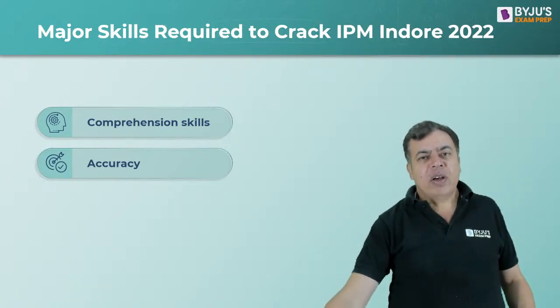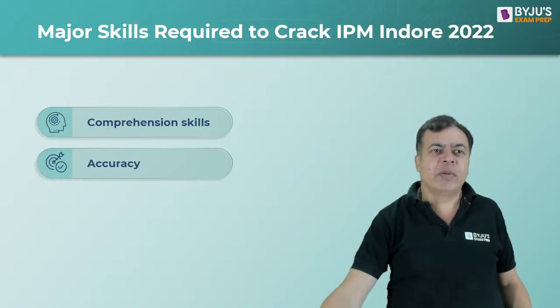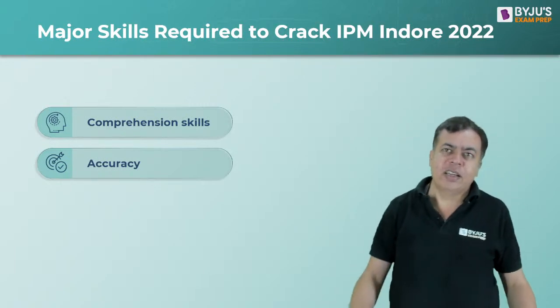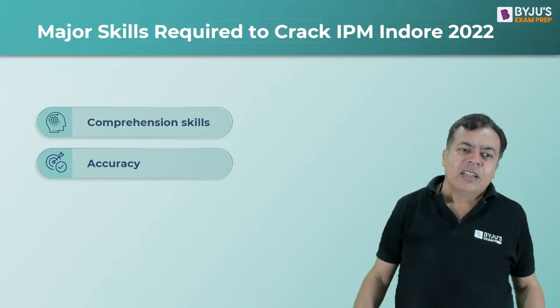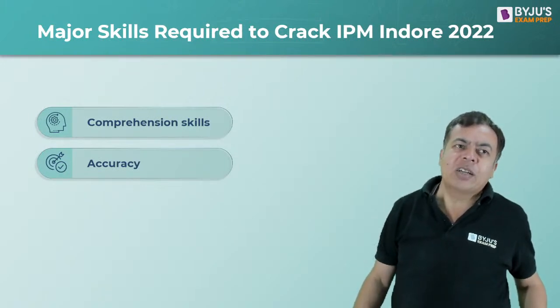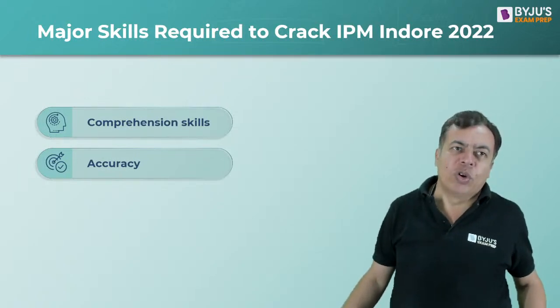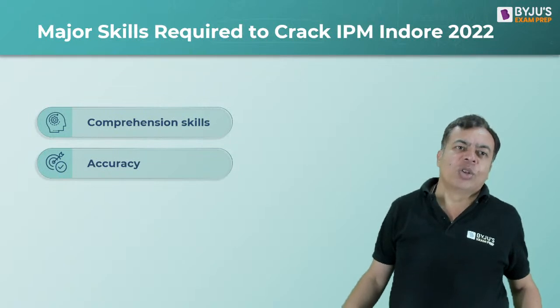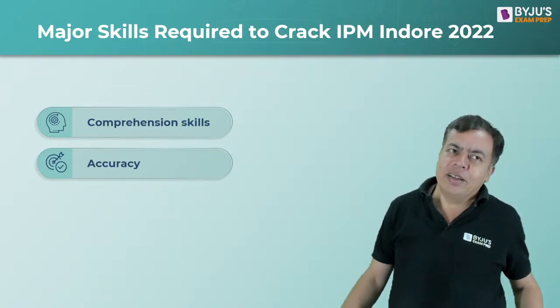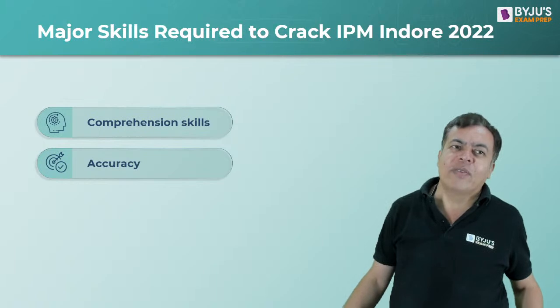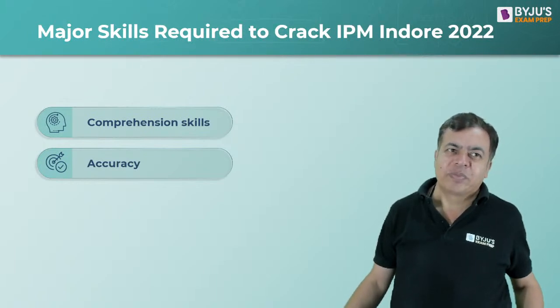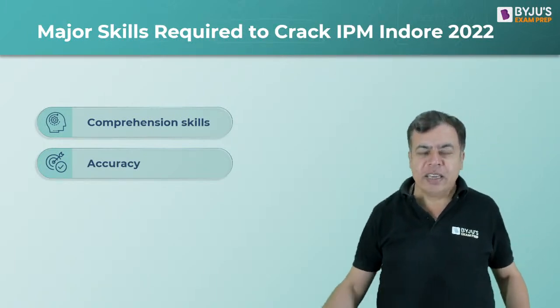Now accuracy is the key, right? Because there is negative marking whenever you attempt one question and that is wrong. Let's say you attempted it incorrectly, that means you are losing -1 instead of getting plus 4. So that means there is a loss of 5 marks actually. Where you were thinking to get plus 4, you are getting -1. So you are 5 marks down from whatever you were expecting. So accuracy is the key here.